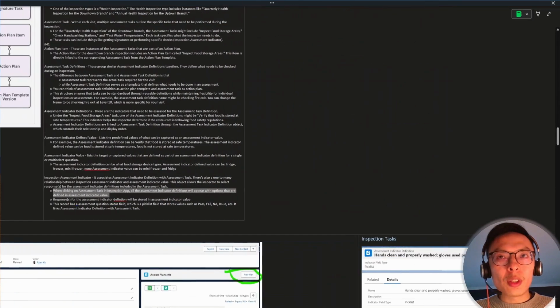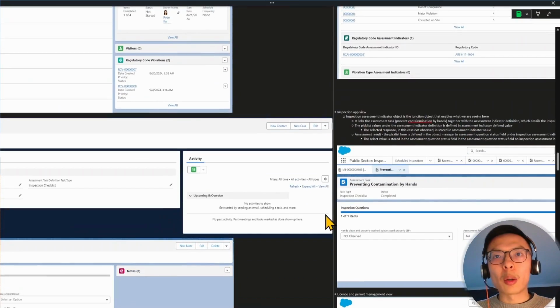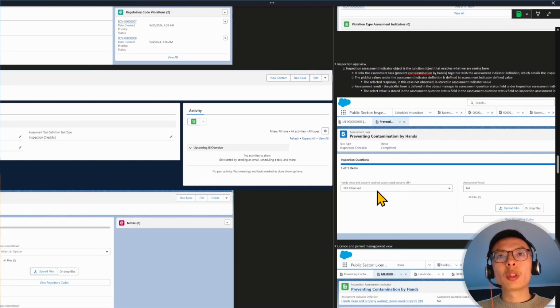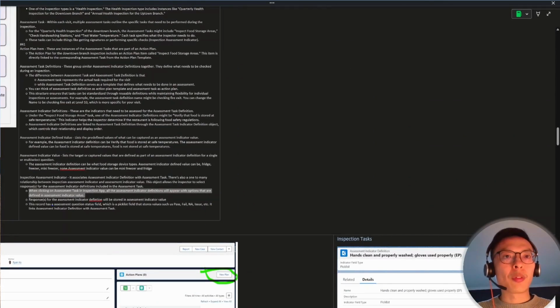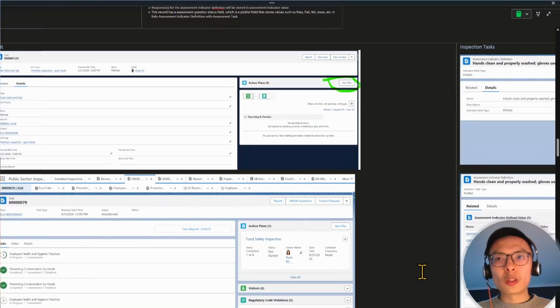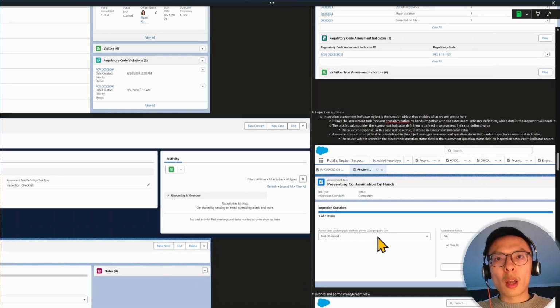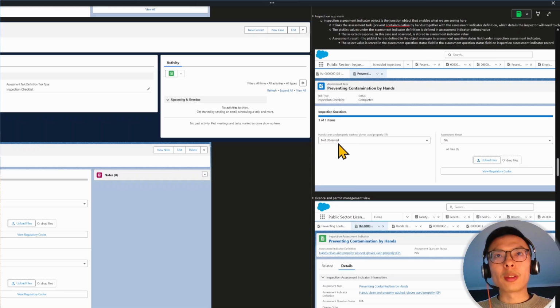And these indicator definitions will have a drop down that will allow the inspector to select the response. The drop down values that are available are defined in assessment indicator defined value. As we talked about earlier, we have 5 of these options. And when the inspector selects a value, in this case, not observed,